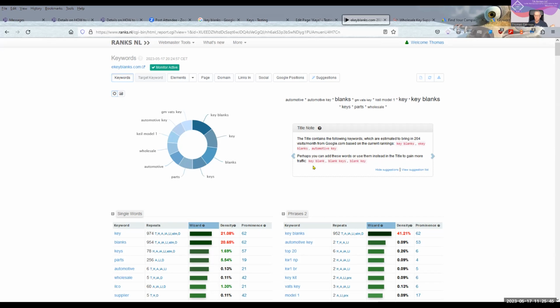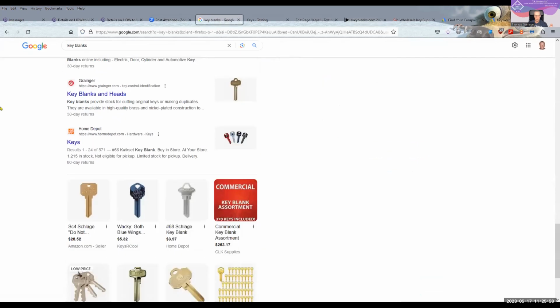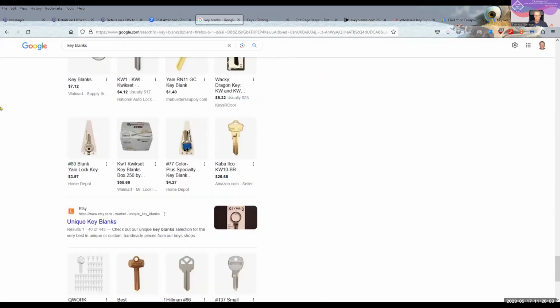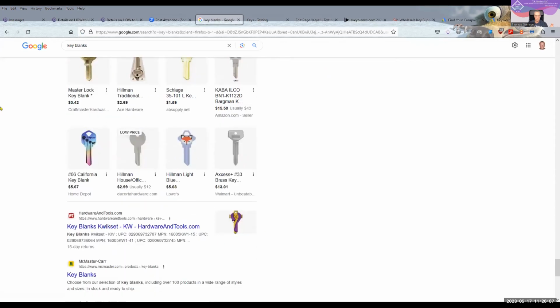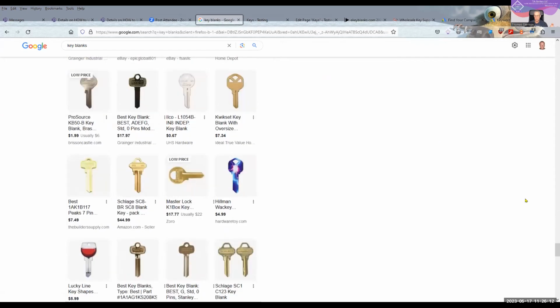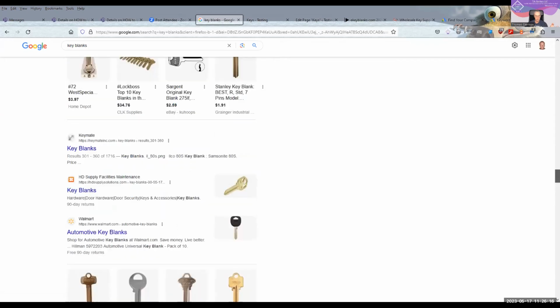Great. Now also you should have key blank, blank keys, blank key. Don't look past that stuff. In this search, scroll down to where you see, hopefully I didn't pass it already. Anybody see any past related searches? That's awful far down in Google for not having it already.